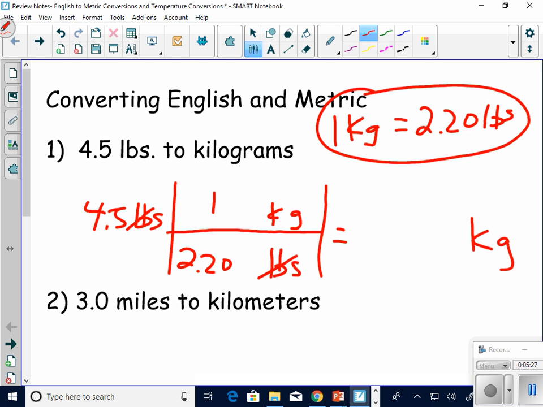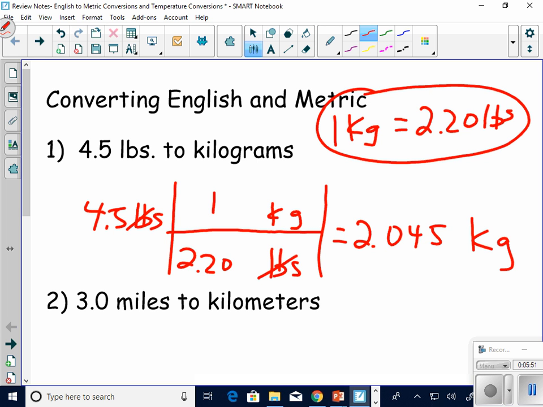This is a little bit different than the last one because, once again, I multiply by stuff on the top, I divide by stuff on the bottom. So I take 4.5, multiply it by 1, and then divide it by 2.20, and that gives me a value of